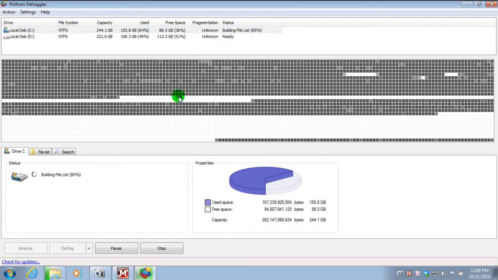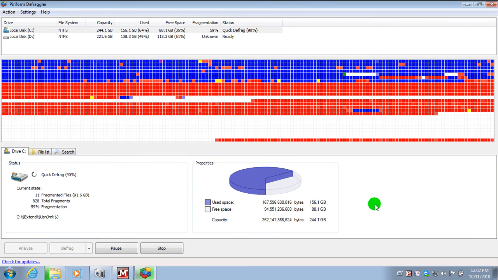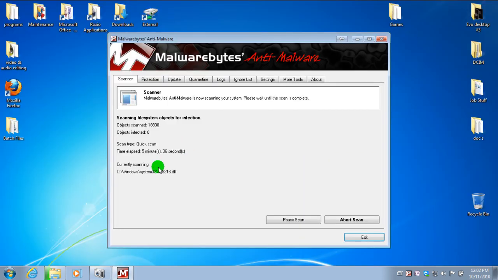Then it will start the defrag process. If you, like I said, don't mind taking a little bit more time, then just run a full defrag and walk away from the machine. Come back every now and then, check on it, make sure that it hasn't got any errors, and look at that, quick defrag finished. So we can close that now, and we'll go back to our Malwarebytes scan,